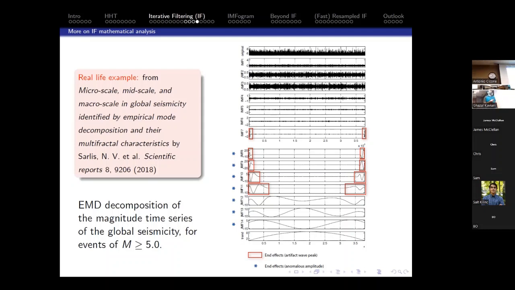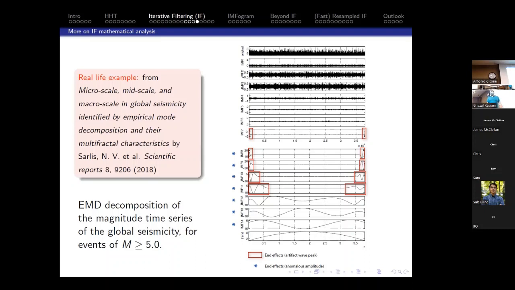Now, the decomposition contains many IMFs, but at a certain point you see strange waves appearing near the boundaries. And the more you go to low frequency, the more these waves propagate inside the signal. If you look at this detail, I'm not sure how much you can read, but these values here you can read as -20, 20. So the oscillation in this IMF goes from -20 to 20, and the original signal was from 6 to 8. So that oscillation clearly does not come from the signal.